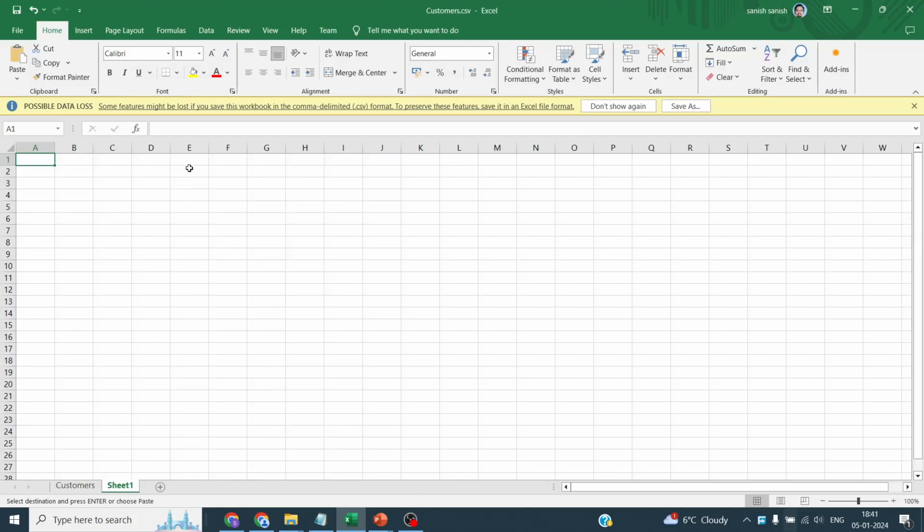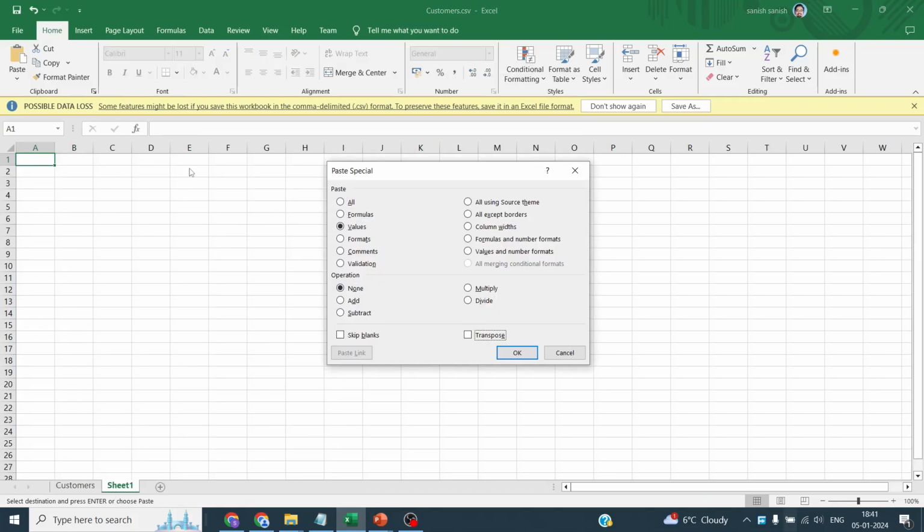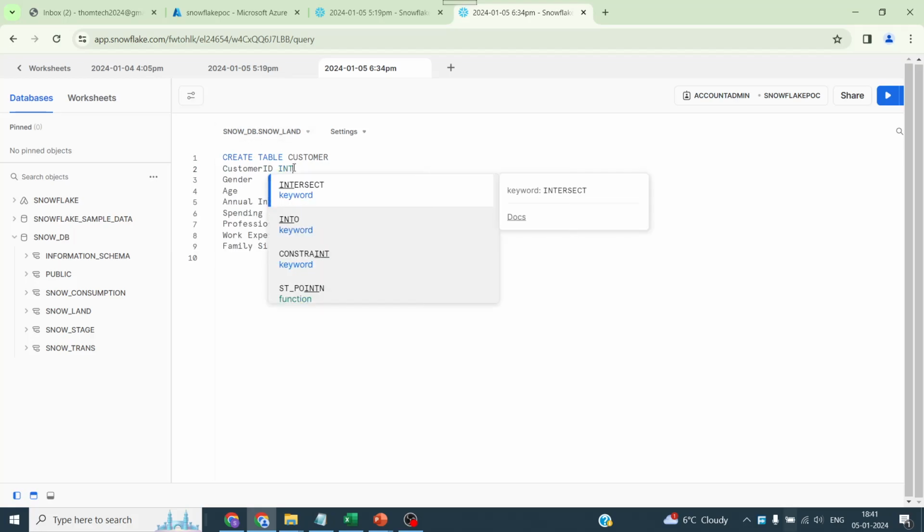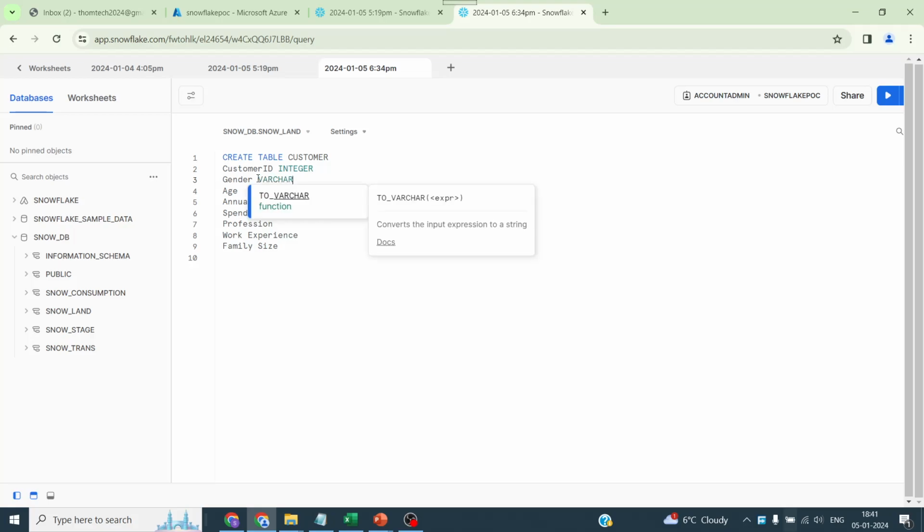Okay, let me go and transpose this, and copy these names and paste them here. I will make this an integer, make gender a varchar,